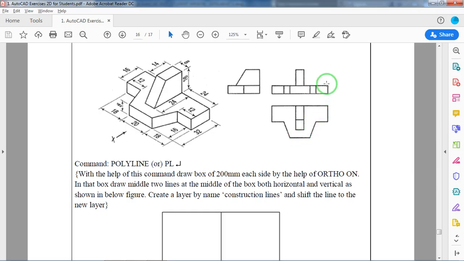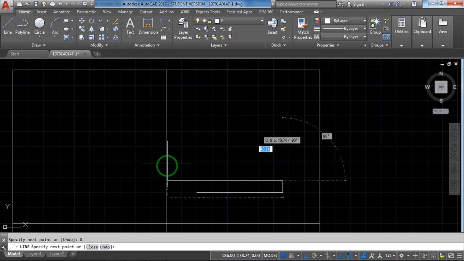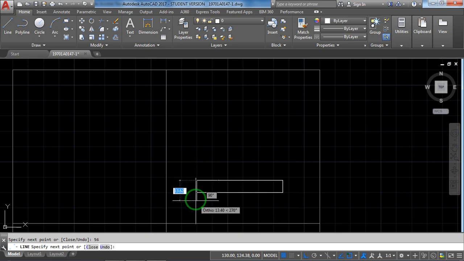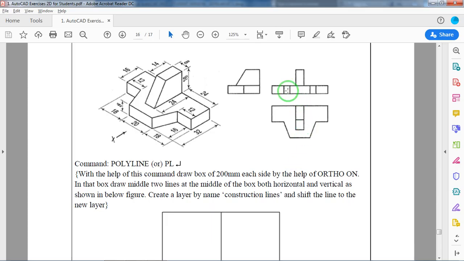Now vertical height, what is the height here? 8. Keep the mouse direction towards 90 degrees, 8, enter. Now again towards the left direction, rotate the mouse, again 56. Now bottom 8, enter. See, now you have drawn the bottom of this.